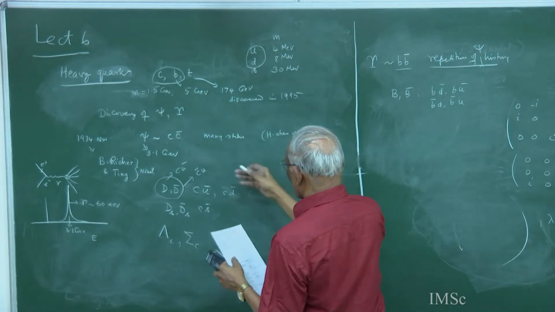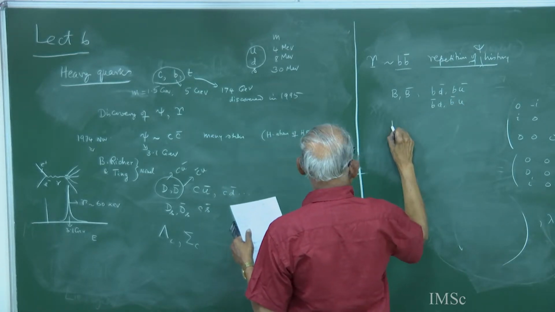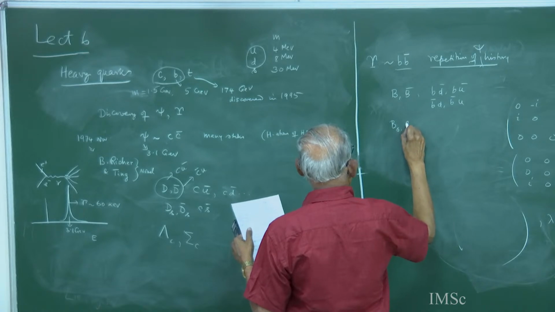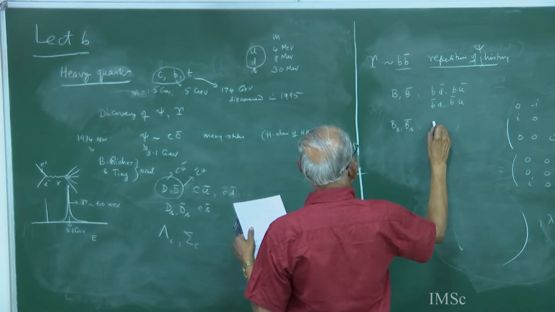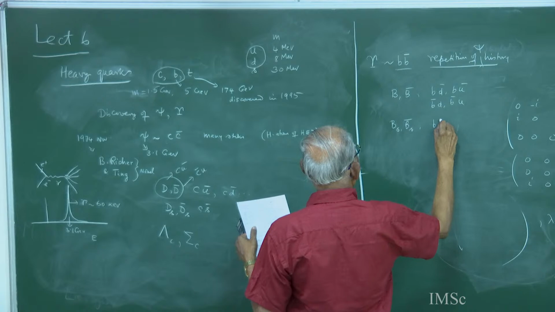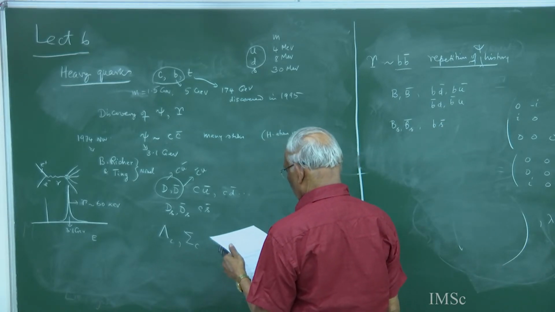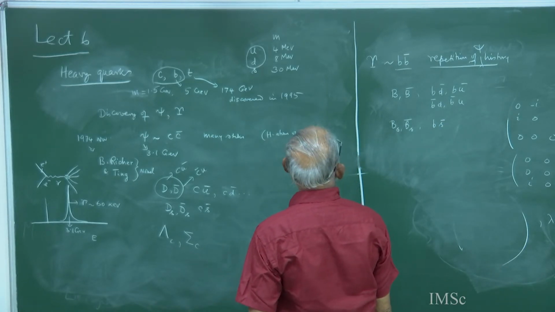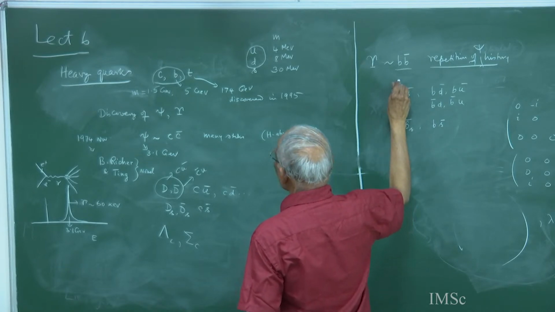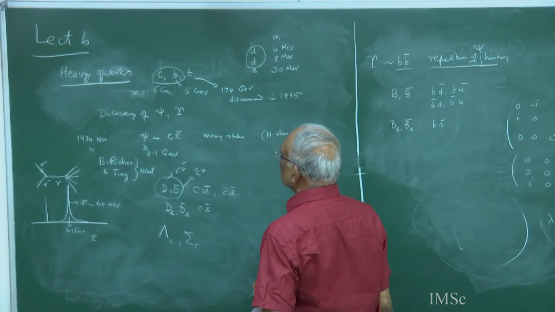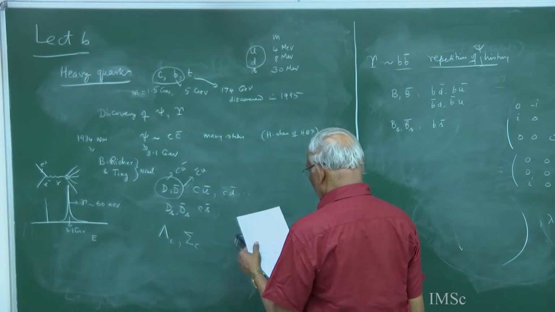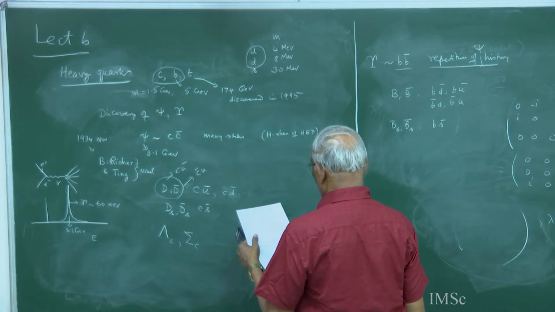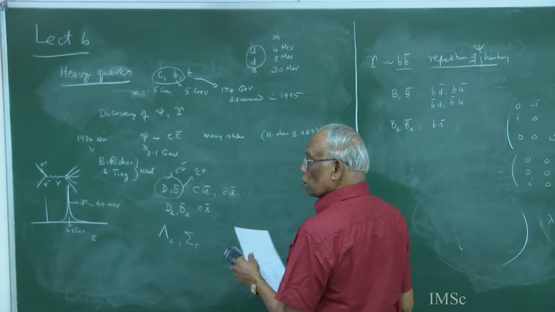And almost a repetition of that. Correspondingly, there will be strange things also, B S-bar. That is the B discovery. This is the C discovery. What about T? The T discovery story is very different because